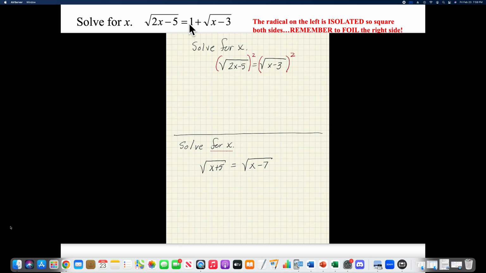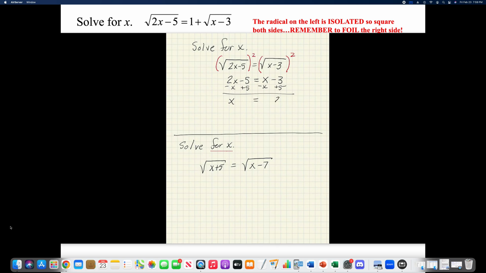So because that 1's not there, we can just go ahead and square both sides, and those square root symbols are going to cancel out, leaving us 2x minus 5 is equal to x minus 3, and we can solve for x. I would subtract x from here, add 5 over to the other side,